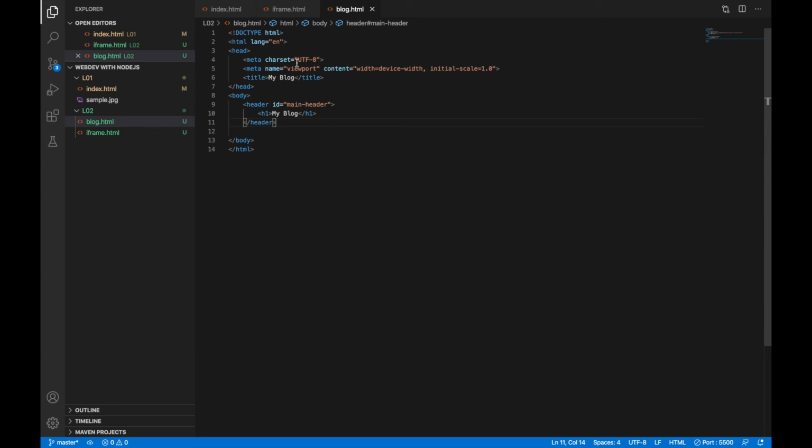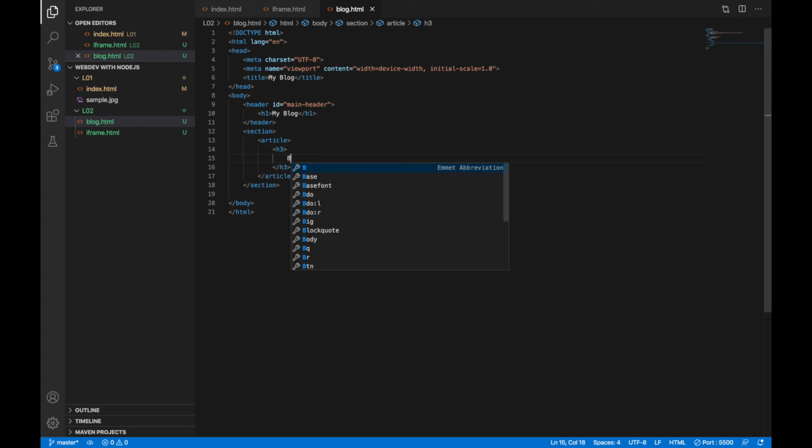Now the next thing to add is called section. Inside a section we'll add articles, h3, blog post 1.